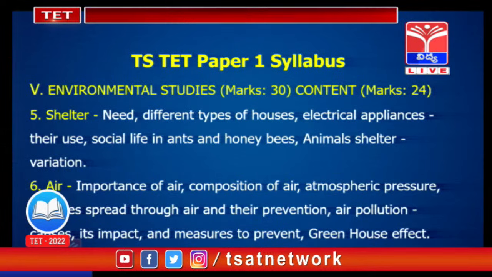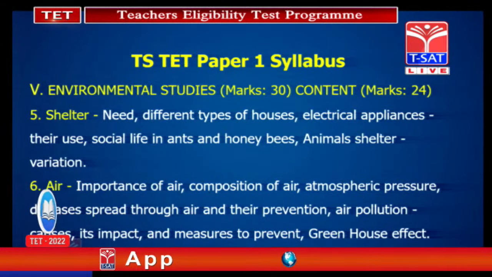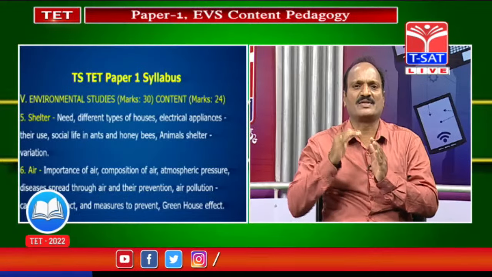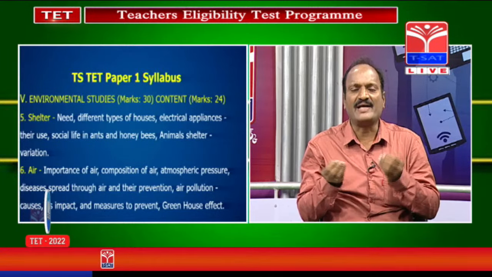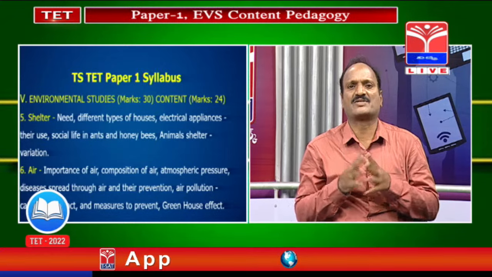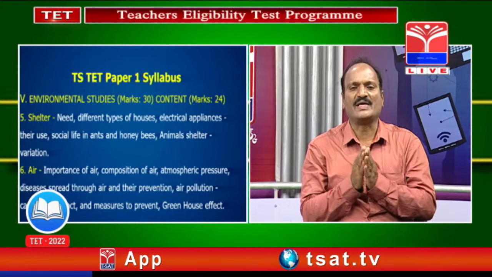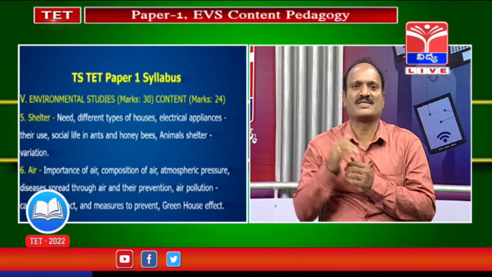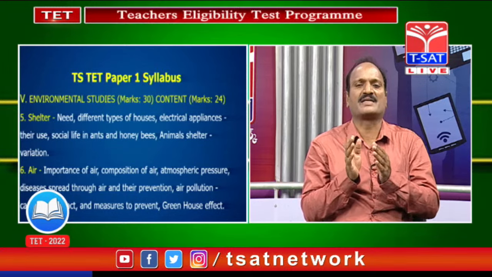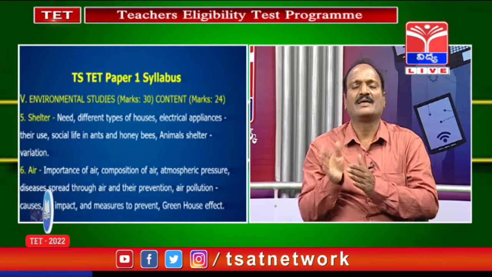And one more is air. Whatever air is there in our environment, is it good, healthy air, or is it polluted? This topic also leads up to the chapters of 9th to 10th class. Air is one of our precious natural resources. If we keep this air fresh for the next generations also, healthy generations will appear.